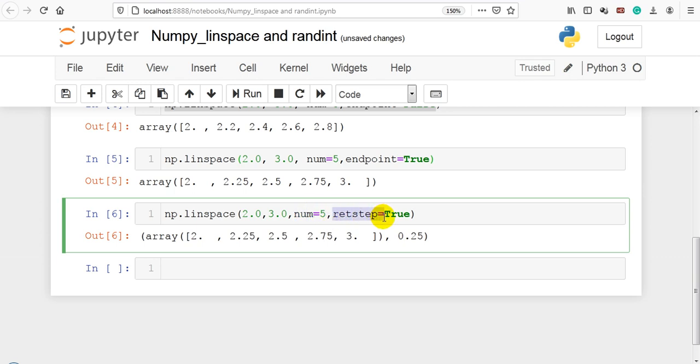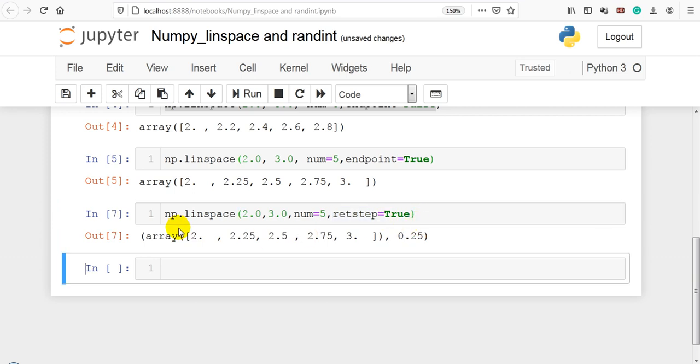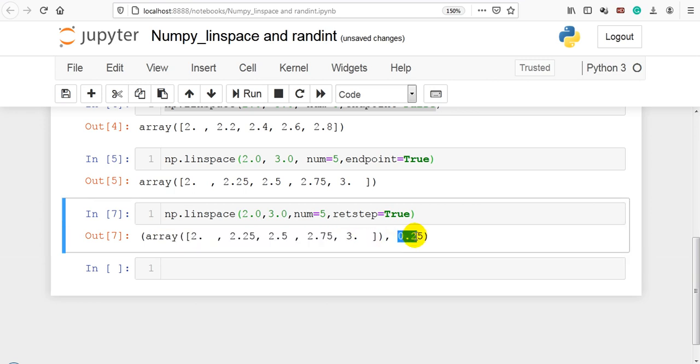So if retstep is true, then it returns in parentheses samples comma step. So step value refers to the spacing between the values in the interval, that you can see now, right? So here it will return samples and step. So this step value is the spacing between the values in the interval.